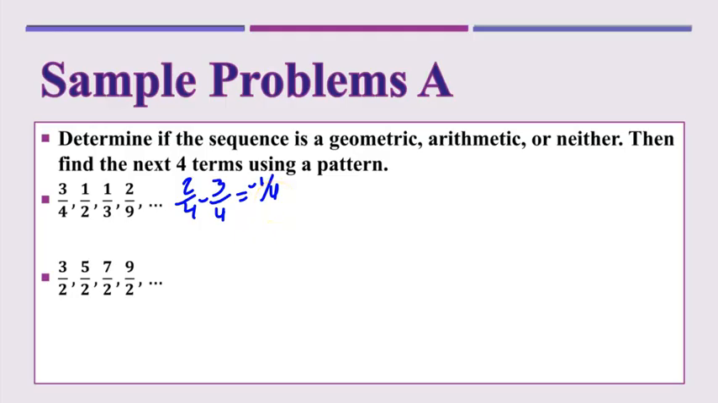And then if I did 2/6 minus 3/6, that gives you a -1/6. They're not the same, so it's not arithmetic. Geometric, it could be geometric, because if I multiply the top by 2/3, let's see, no, three halves. So if I multiply by 3/2,